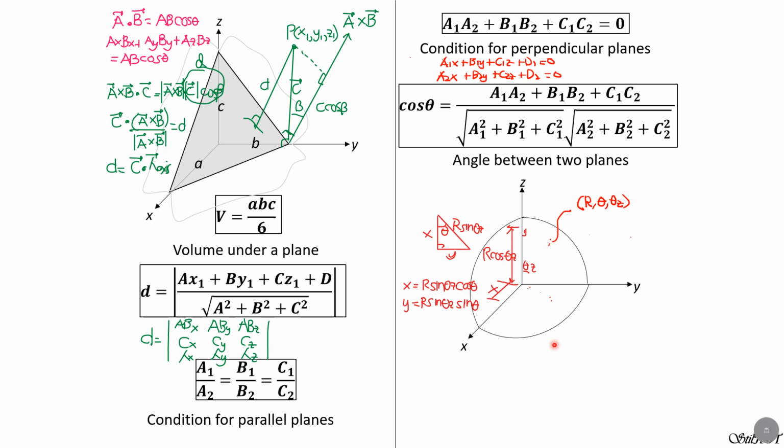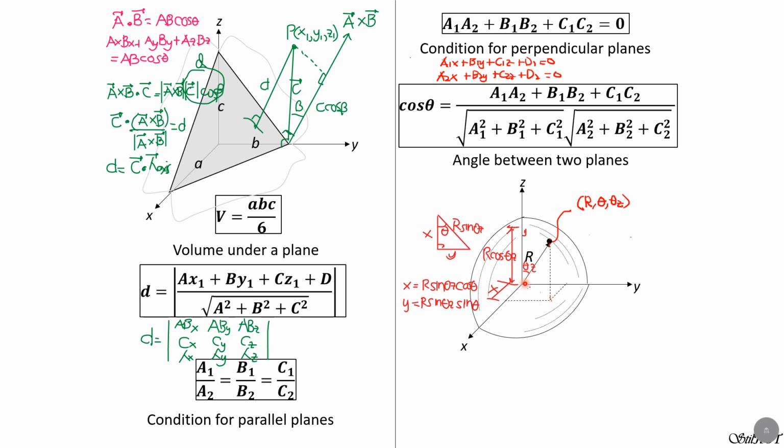The radius of the sphere is denoted by big R. So a point lies on the surface of the sphere. That distance from the center is denoted by big R. And let's go back to the fact that that R makes an angle with the z-axis of theta z. R makes an angle of theta x with the x and theta y with the y. So this is the vertical projection, which is z. In terms of R and theta z, this is R cosine theta z.